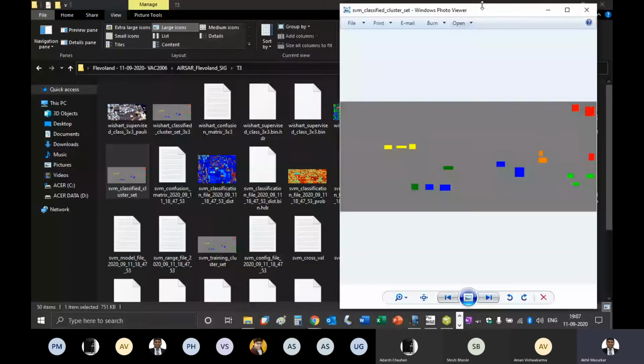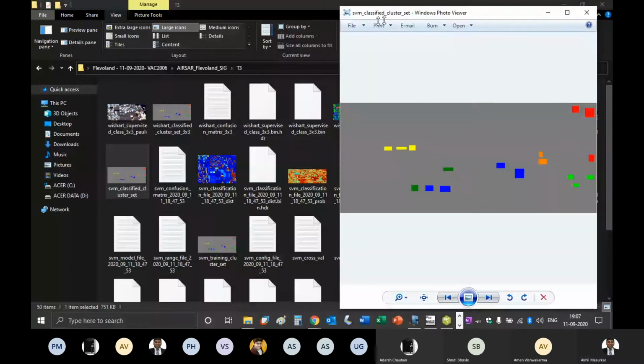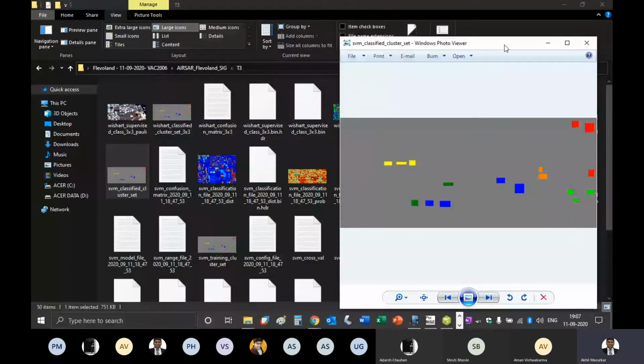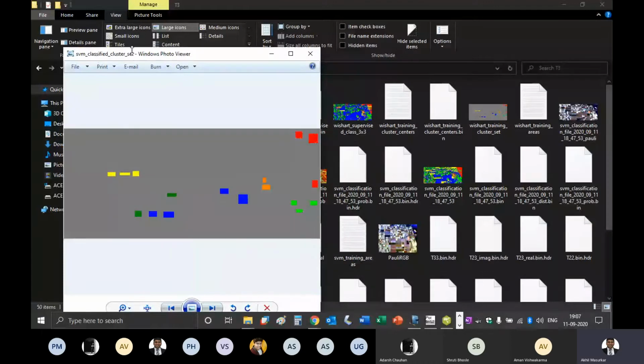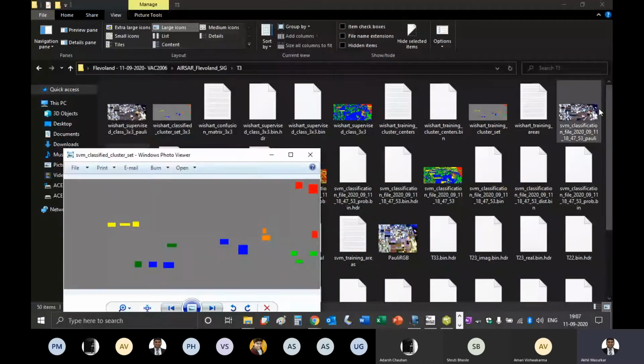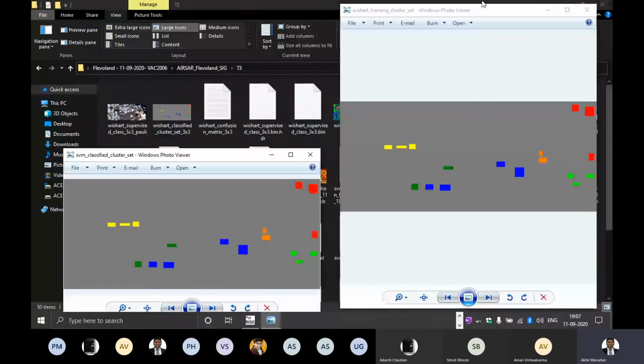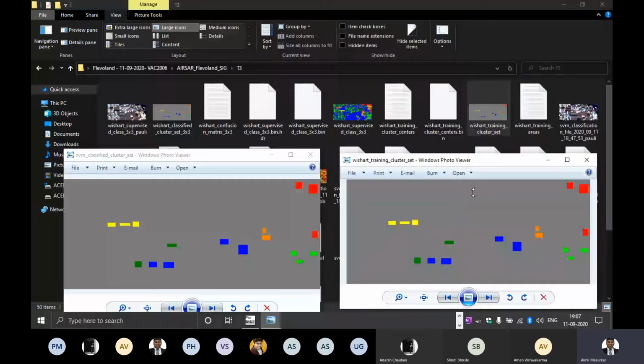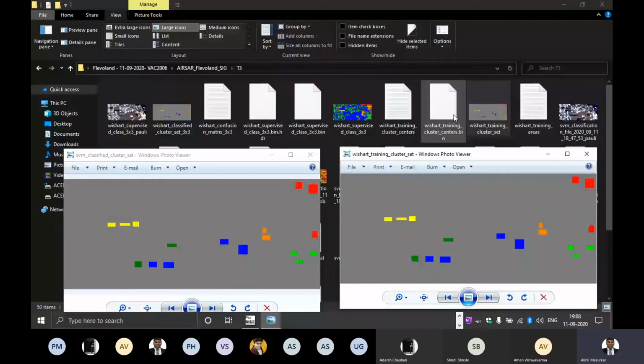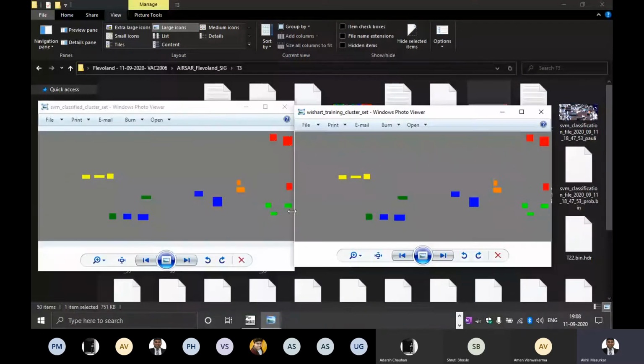This is for SVM, and this is for Wishart. So you can see the training areas exactly at the same positions. We have got those training areas for both SVM as well as Wishart.